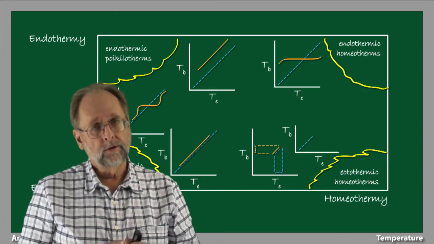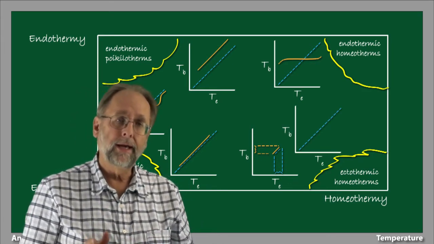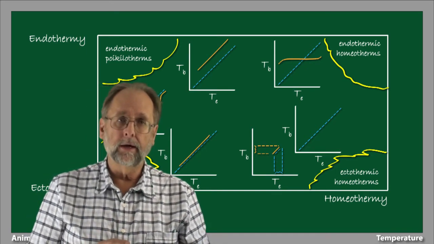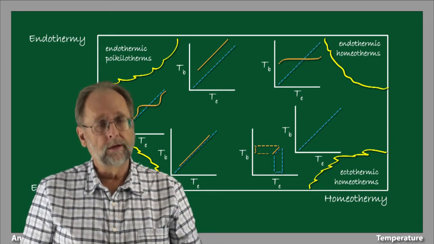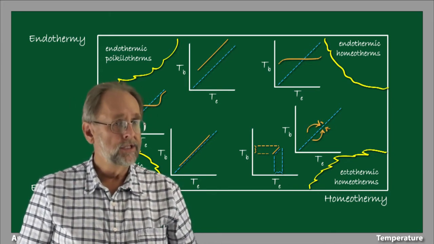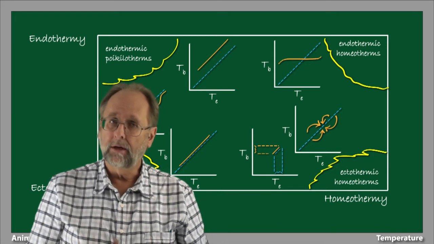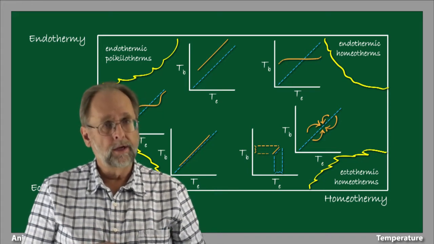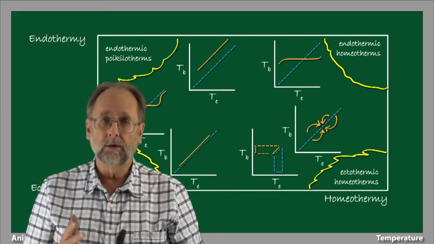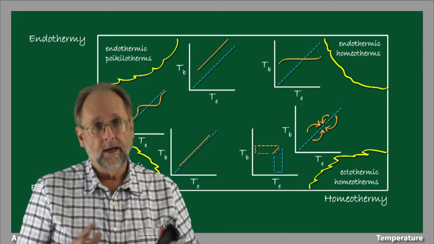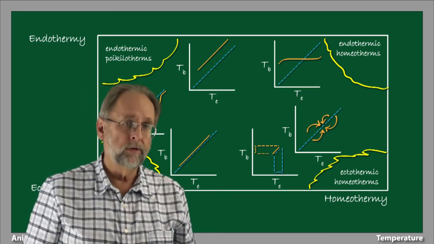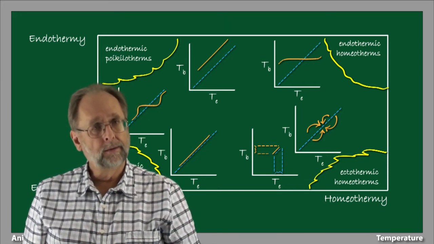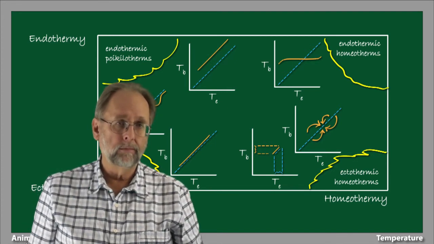More broadly, ectothermic homeotherms are creatures that are so-called behavioral thermoregulators. Many terrestrial reptiles fall into this category. Even though they don't generate a great deal of heat internally, they tend to seek out environments that have temperatures very close to what we might call a preferred body temperature. A good example of this is a lizard that basks in the sun to warm its body up to a certain temperature, at which point it begins to forage in a cooler environment until its body temperature cools to some level, and then it returns to a hot microclimate to warm its body back up.